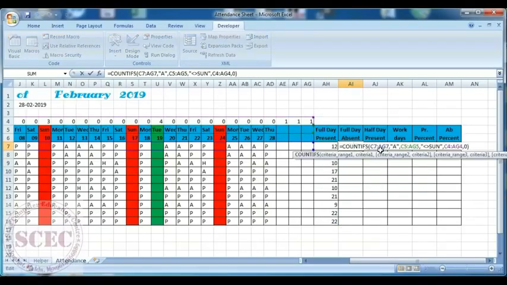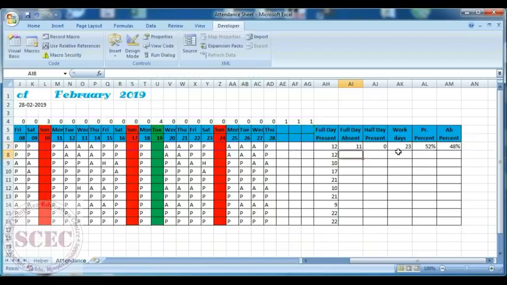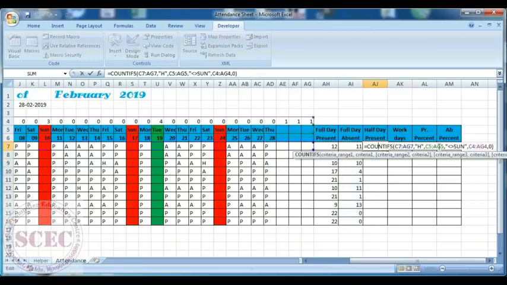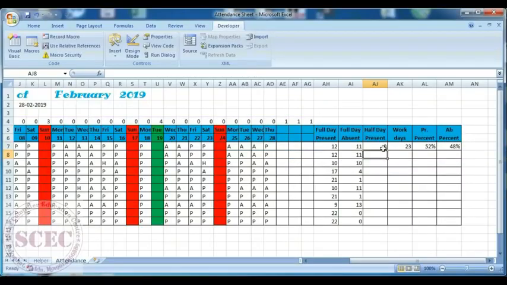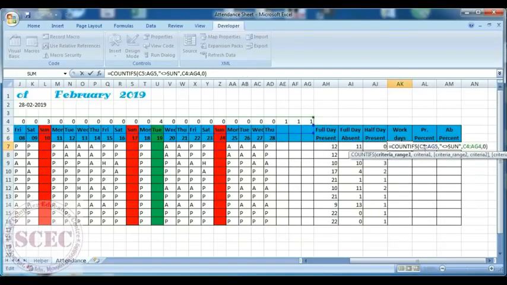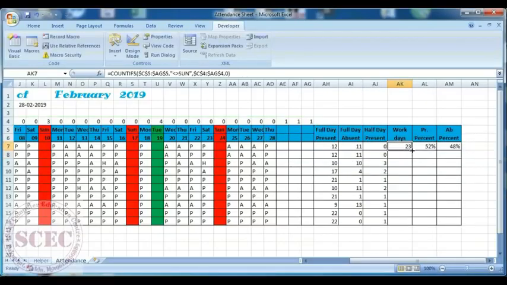Now here again we have to do this. For 5, press F4. For 4, press F4. Yes, okay. And here again for half days F4, and for Sundays F4. Now it's okay. For working days also, for 5, press F4, press enter, and this will work fine, no problem. So this has been completed,